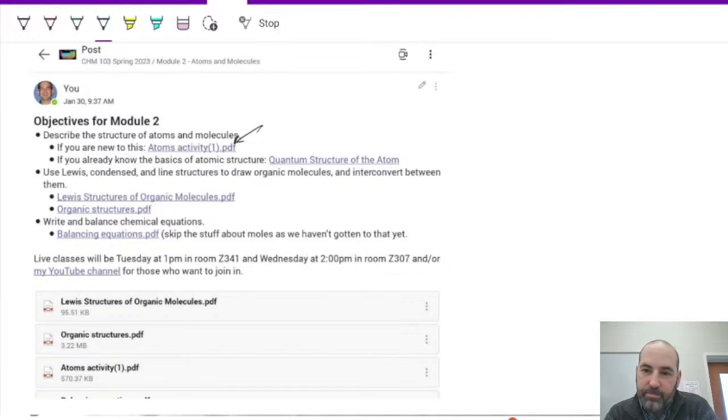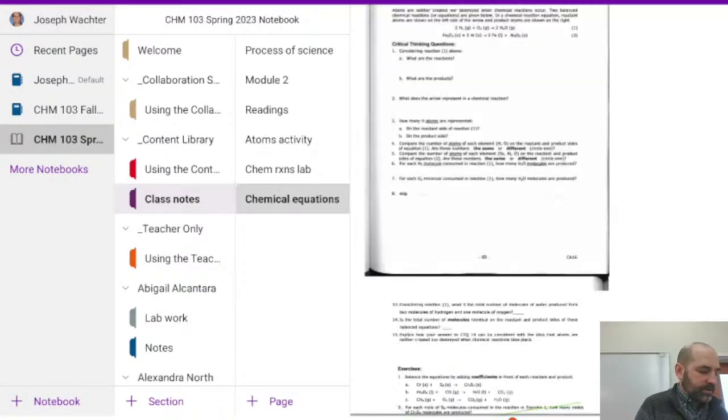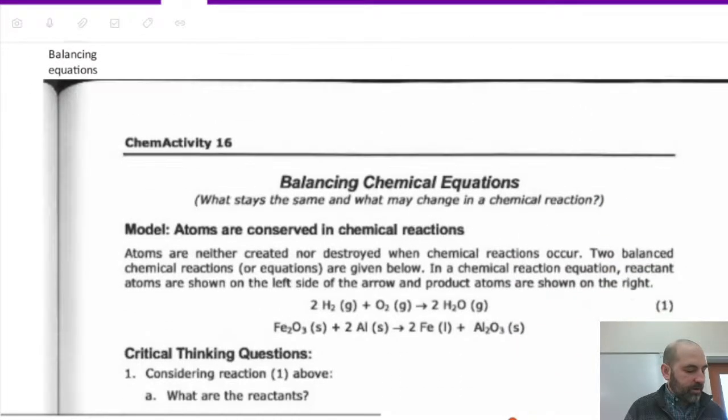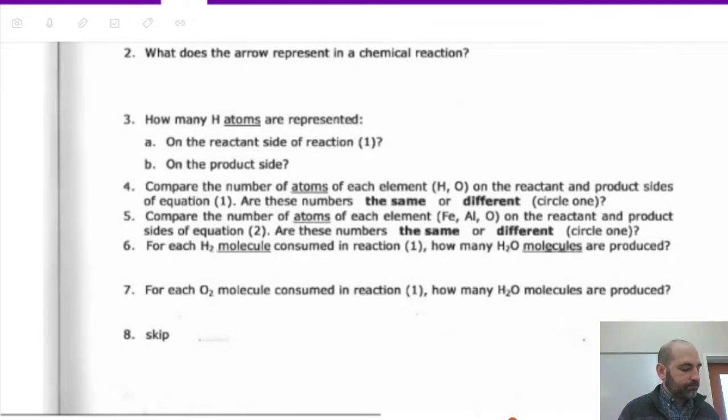So I said we were going to skip the structures things for right now because that needs its own whole video because it's a big thing. So we're going to jump over to balancing equations, which is a similar type of exercise, and then we'll talk a little bit more about tomorrow's lab. So you'll notice a similar sort of font and all that. Yes, this comes from the same type of place, and it's the same type of activity where you're going to be learning some things about chemical equations and chemical reactions and what all